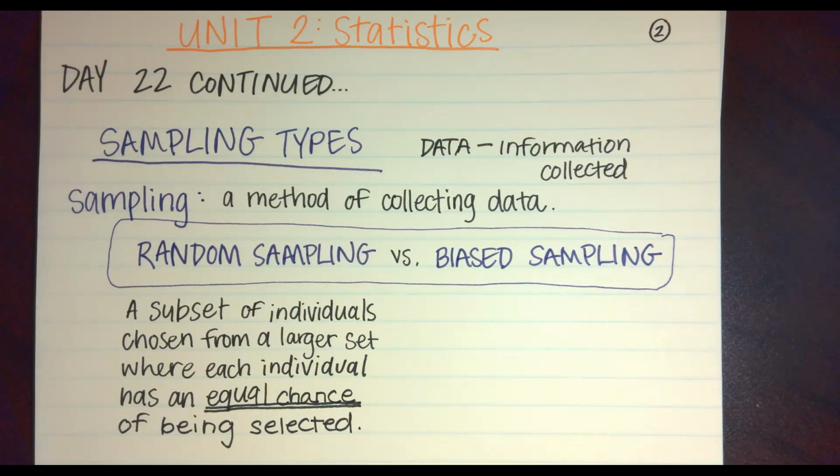All right. So random sampling is whenever the small amount that we're taking from the total people, they're all given an equal chance of being chosen to collect data. So there's no bias there. Everyone has an equal opportunity of being picked. Now let's talk about biased sampling.